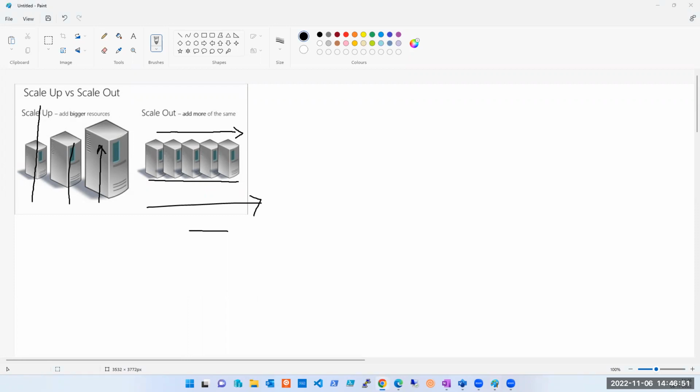And what are the benchmarks based on which these servers will increase? I just explained. What could be the benchmarks of this growth? What options do I have? I explained it in my answer. Traffic. What else? Traffic is fine. That is a business term, I'm looking for a technical term.